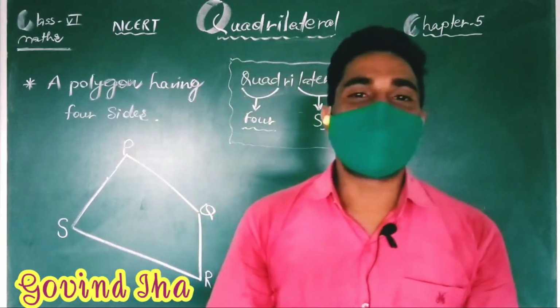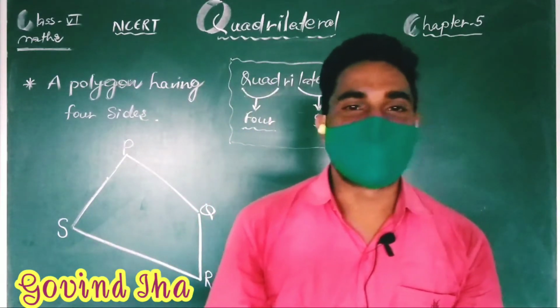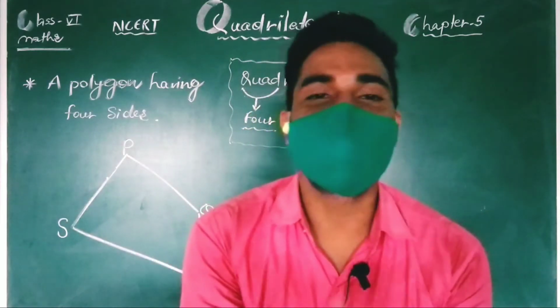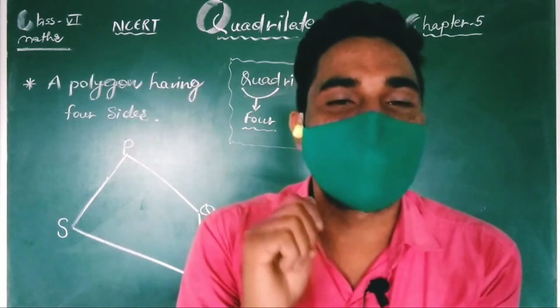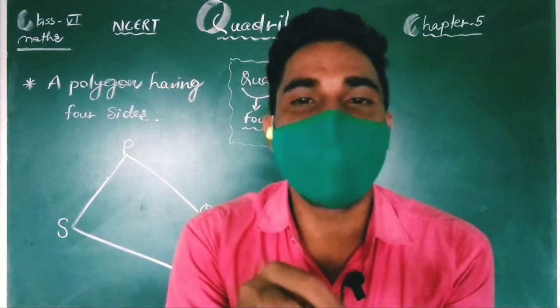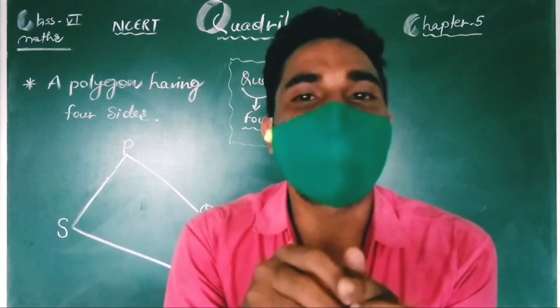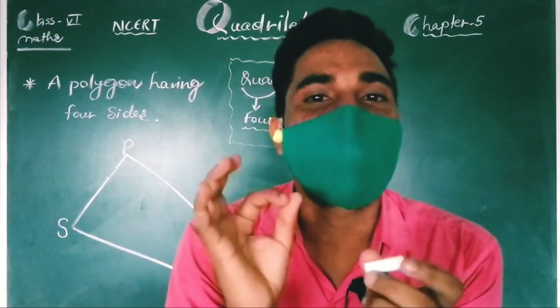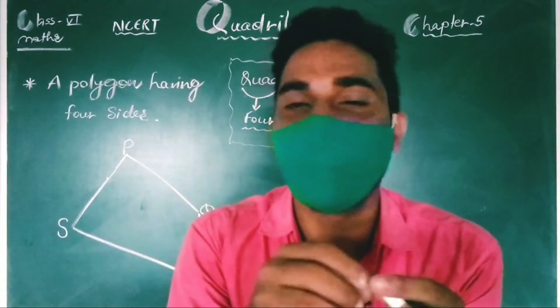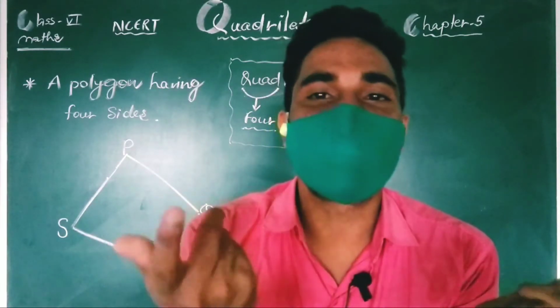In this video I am going to talk about the quadrilateral. And if I say quadrilateral, you must know this is the first polygon type. We already discussed what a polygon is: any geometrical closed figure made by 3 or more line segments is called a polygon. So that is the polygon.